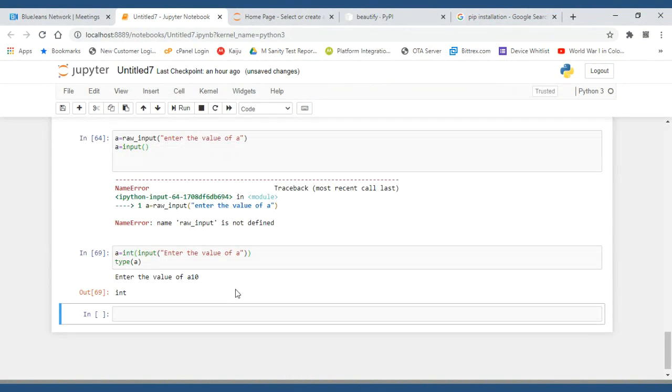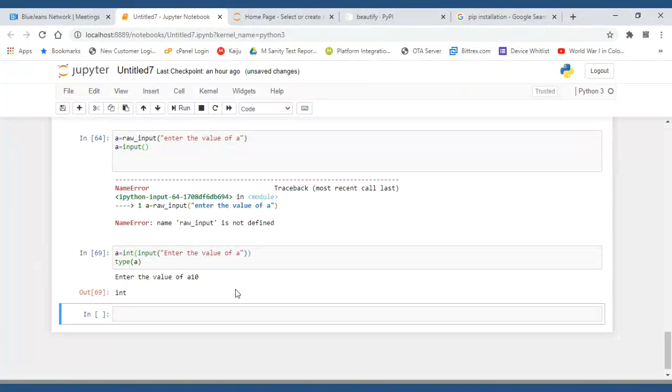As I said in earlier classes as well, if someone asks you whether any automatic typecasting happens in Python, you should say yes, there was one function called input in Python 2.x. But now the same input function in Python 3.x doesn't do any such thing. It considers everything as a string, and you have to explicitly convert it into an integer to use it. There is no raw_input, only one format, that is input. You just use the input function.